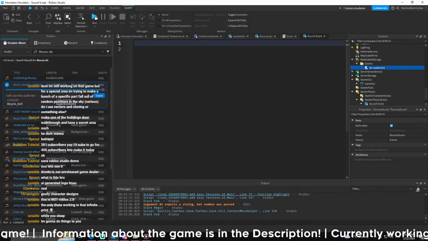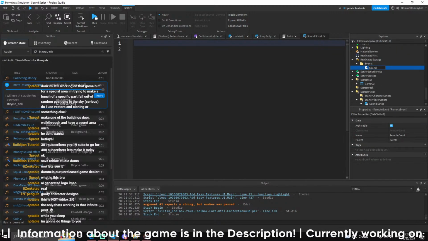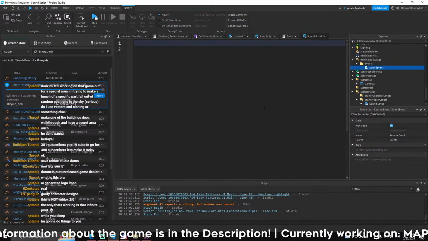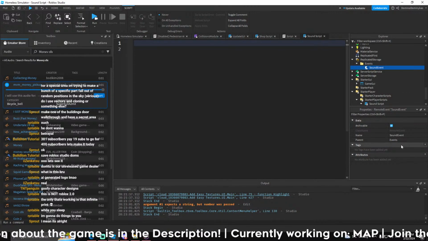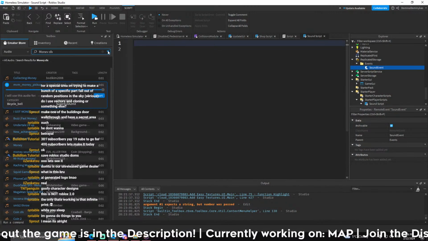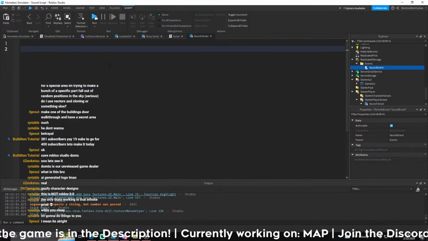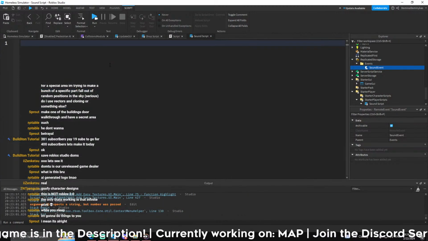Remote events. We're going to call this sound event, because I need to activate the sounds through a remote event, sadly. But yeah, in here, I'm going to close the toolbox because it's annoying me. I'm going to do this local